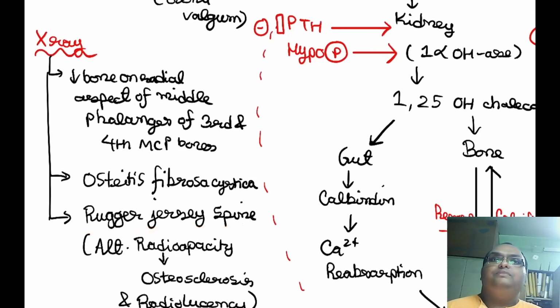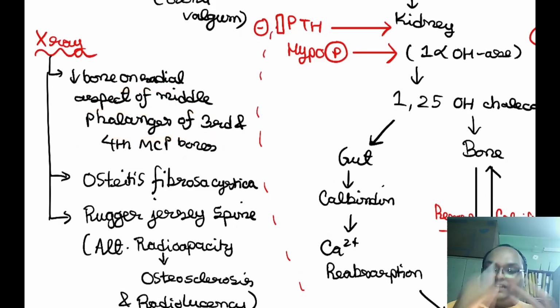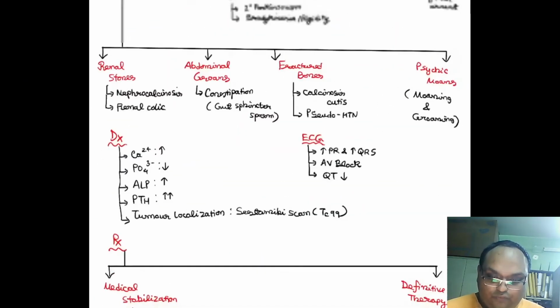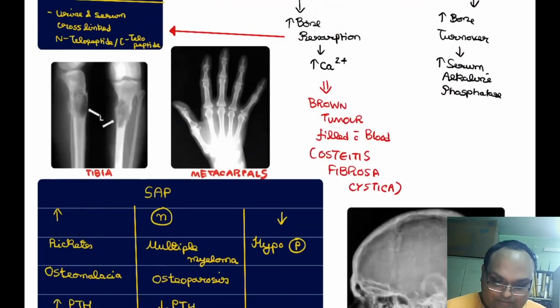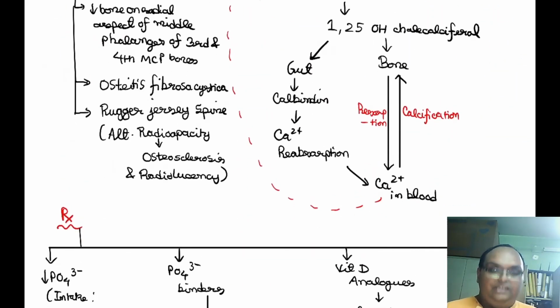At some places there is erosion, so you have osteitis fibrosa cystica, which I already told you, a dense rim of sclerotic bone surrounding a hollow cavity with fibrinous blood material, brown tumor. Then you will have decreased bone on the medial aspect of the third and fourth metacarpal bones. These metacarpal changes which we just showed you, right? Yep, here. And these bones will also have an extra medial deposition of the bone. So ultimately these changes indicate hyperparathyroidism mediated bony changes secondary to a chronic kidney disease, which we summarize as secondary hyperparathyroidism.